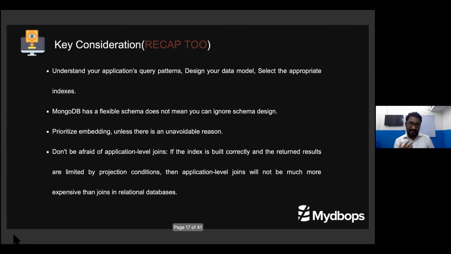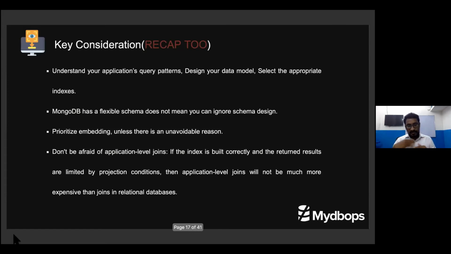MongoDB has a flexible schema, but that doesn't mean you can ignore the schema design. People funnily say this every day: DBAs and engineers from other database systems tell me MongoDB is a flexible schema and you don't need to worry about it. It is not like that actually. You need to worry a little. If you are doing anything wrong or trying to cheat it, then it is screwed. Because someday, after a few years, your data growth may be more than 15 TB, and then this database system won't fail only because of the huge number of queries hitting the database.